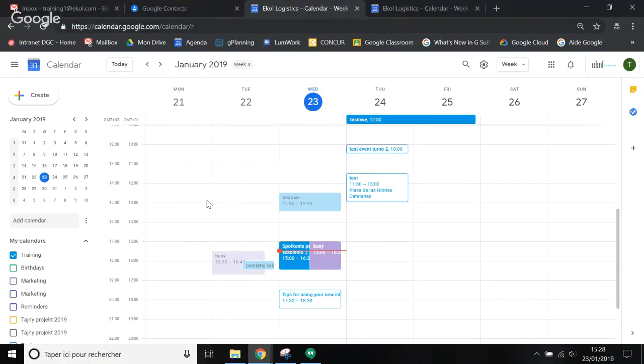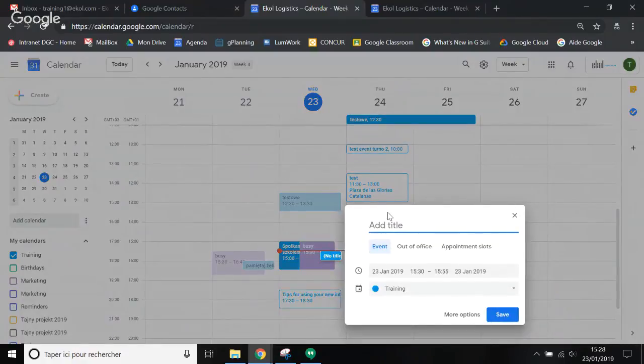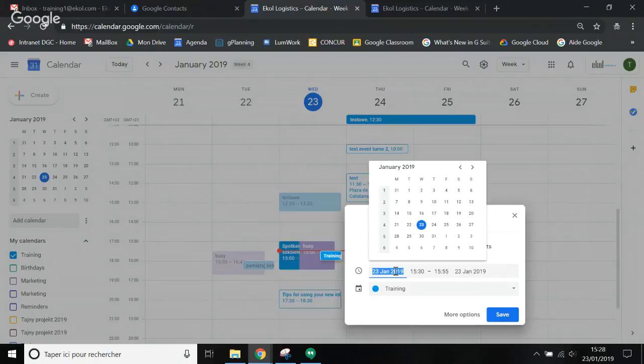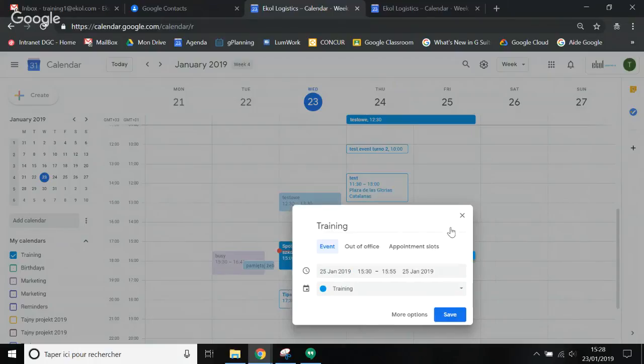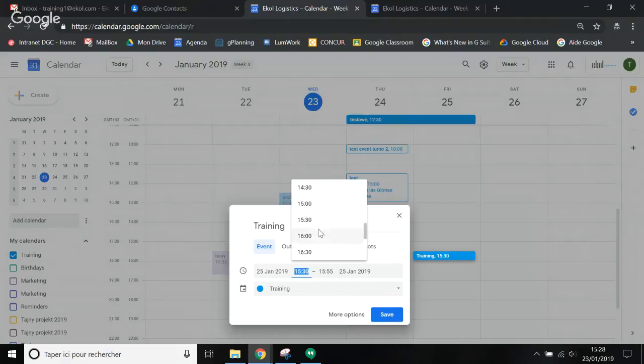Settings, we're done. What's happening if you want to create an event? Two options, actually. First option, you create an event with the main button here. So you click create, you can add a title, training. You can here decide the date. For example, I want to add a training next Friday. I can decide the dates. I want to set up a training from 10